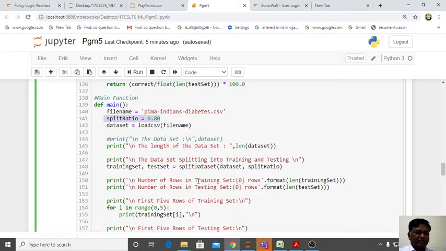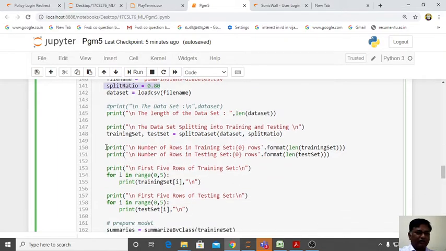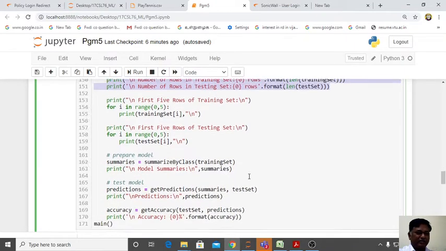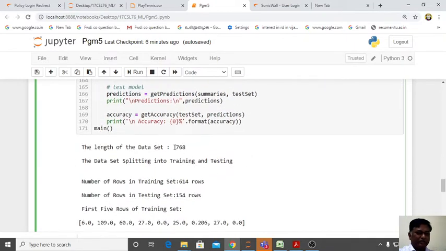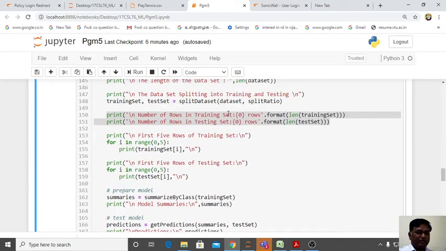Now we can see the length of the train data set and test data set. Below we can see the output. 768 is our entire data set. 80% of that is 614, and 20% of the data is 154. This print is giving the length of the data.